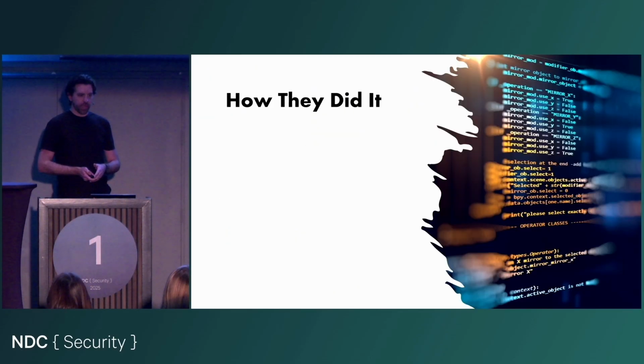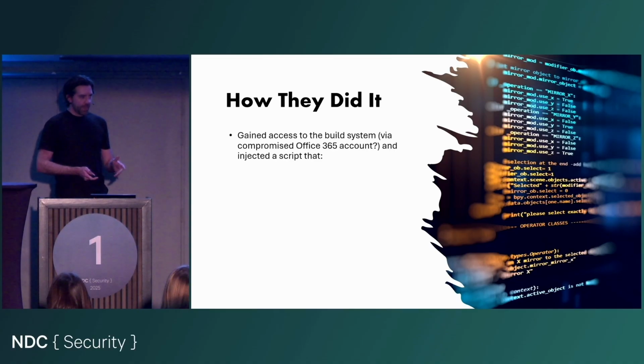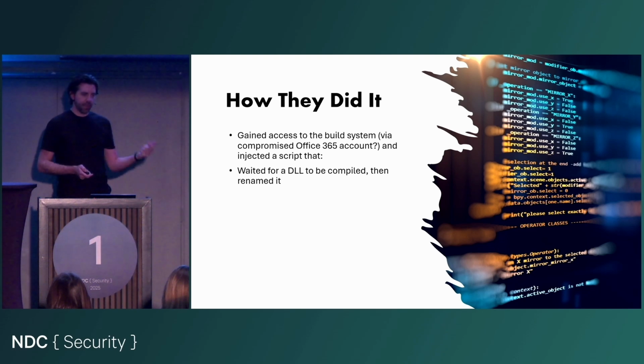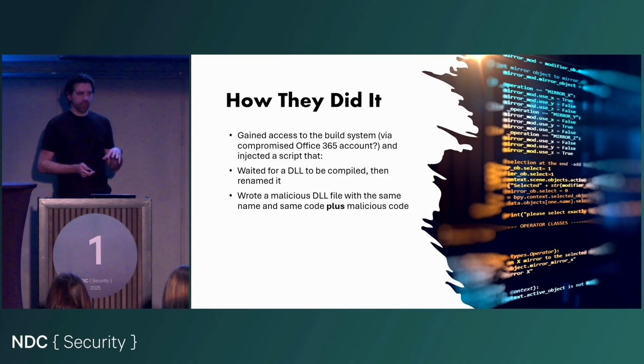And the way they did it was quite insidious. They managed to gain access to that build system, as I mentioned, and what they did is, because it was a multi-stage build pipeline, they'd let the first stage build a bunch of DLLs and compile them. And then in a later stage, it would rename that DLL to something temporary. They would write a new DLL with the same name that had all of that same code plus some extra malicious code. They would wait for the build system to bundle all that together into the distributed package, and then